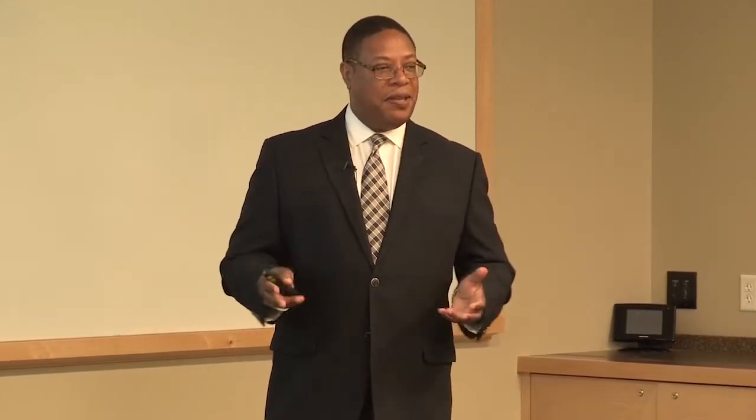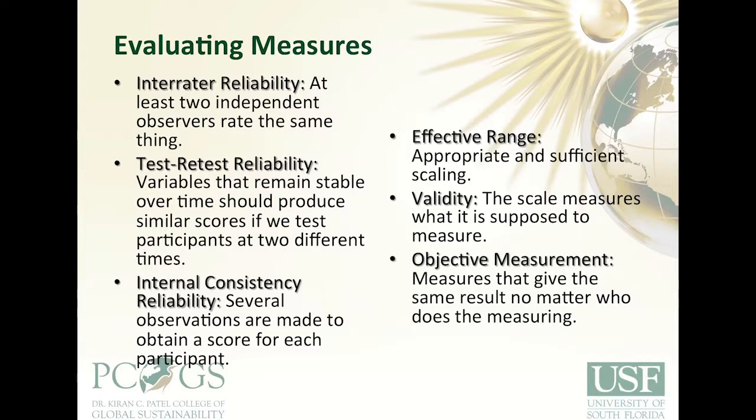Research would mean nothing if it wasn't reliable, meaning that you couldn't trust it. And so with inter-rater reliability, at least two independent observers rate the same thing. This is an example: recently, students were talking about the papers, because I'm teaching this course with another professor, and there's a paper assignment that he assigned, and then I'm doing one, and we're grading them